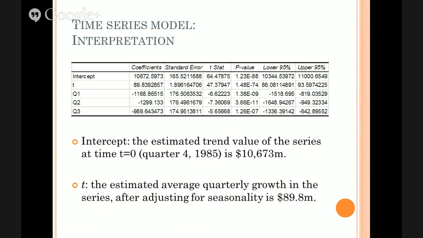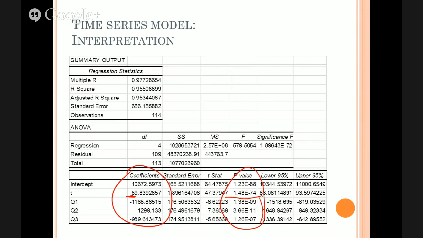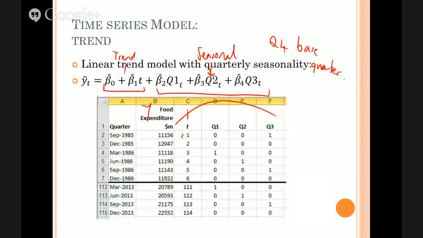Let's look at the intercept first of all. Let's remember the value of y that you get when you have all your x's equal to 0. In this case, what does it mean for t to be equal to 0? Well, t equal to 0 is a particular point in time, isn't it? Because t simply counts out your quarters. So in this case, t must be equal to 0 one quarter before this, which would be the June